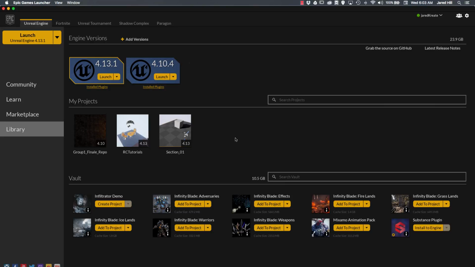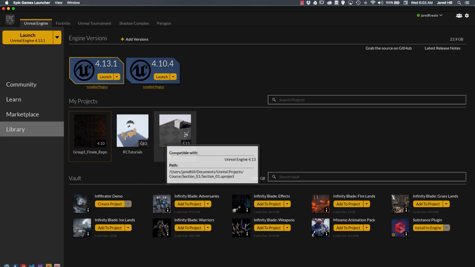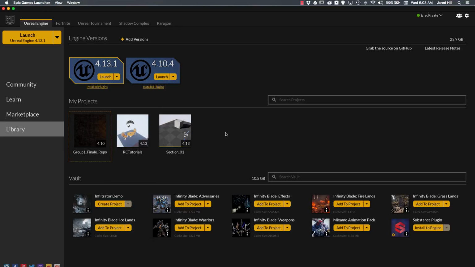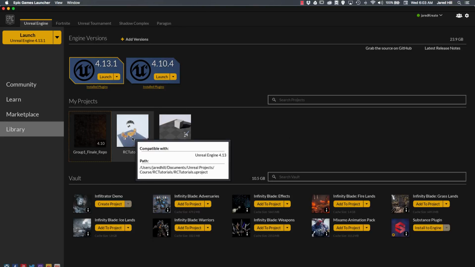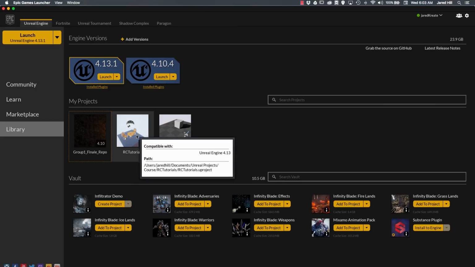Okay, the next thing we're going to take a look at is the My Projects section. And as you can see, I've just got 3 basic projects set up here. When you hover over a project, it'll give you the compatible version and the path to the actual project. So that's pretty useful if you are trying to drag and drop stuff into the project, or if you've lost your project path somewhere along the way,